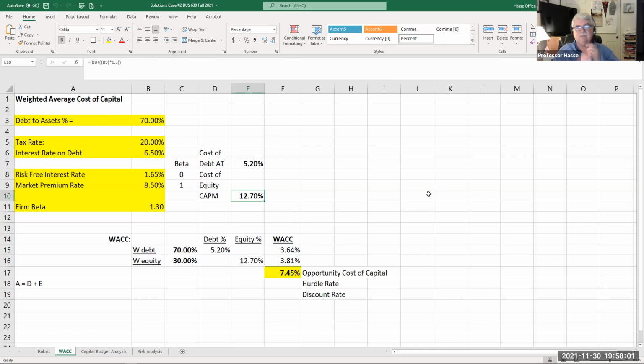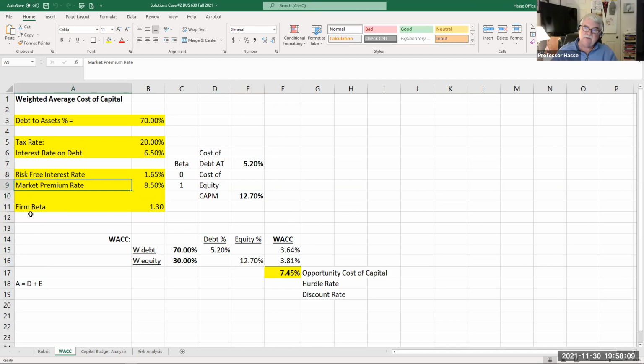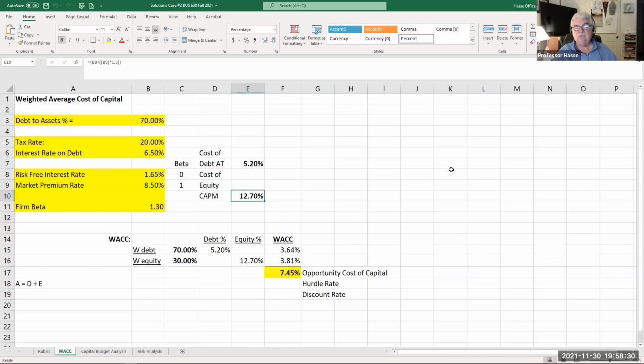And this is where a lot of us lost some points. The market premium rate is given in the case, not the market rate of return. If the market rate of return was given, then you would subtract the risk-free rate to get your market premium. But I've already provided you the market premium. So you use 8.5% times the beta of the company, 1.3, and add that amount to the risk-free rate to get